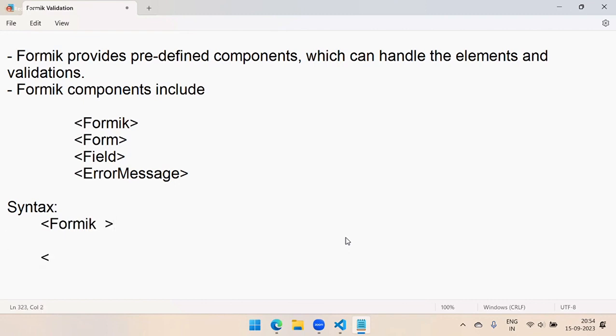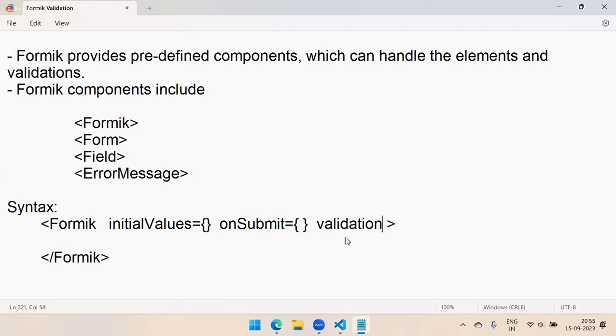It's a very big concept. This Formik is having initial values, onSubmit, and what else? Validation, and it is having validation